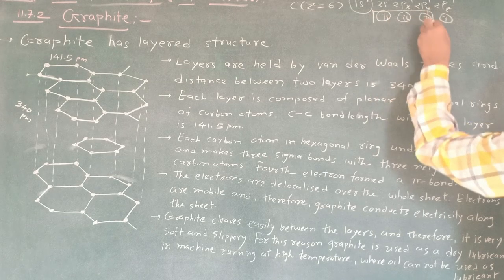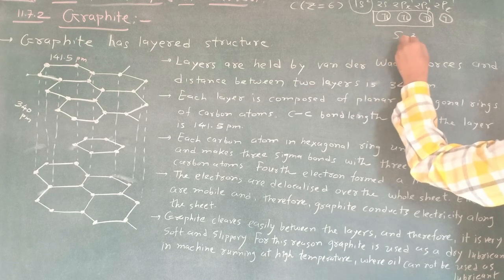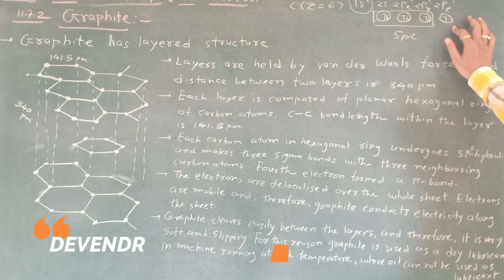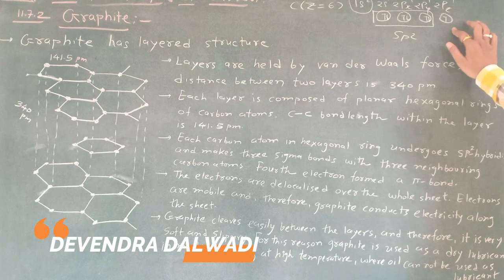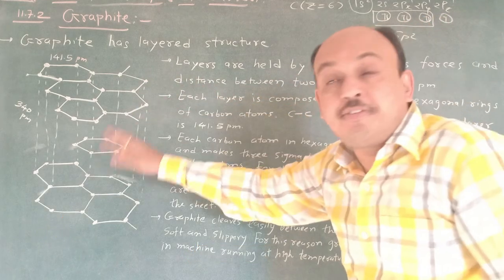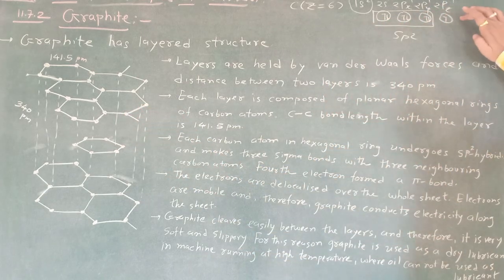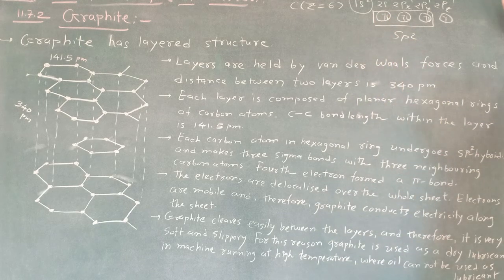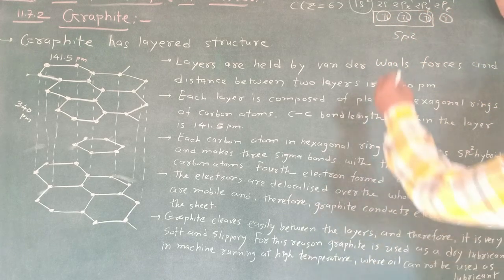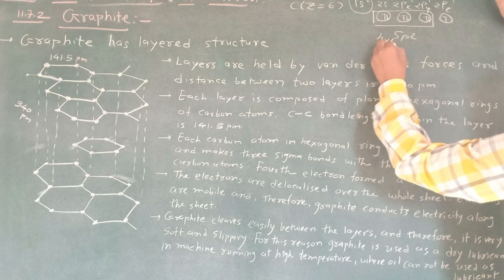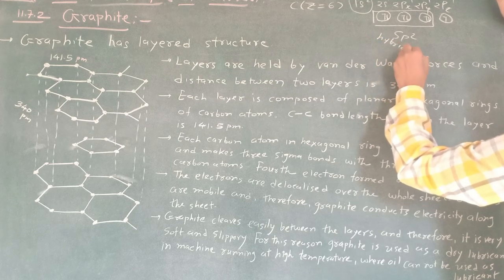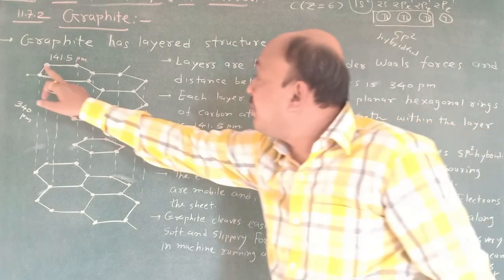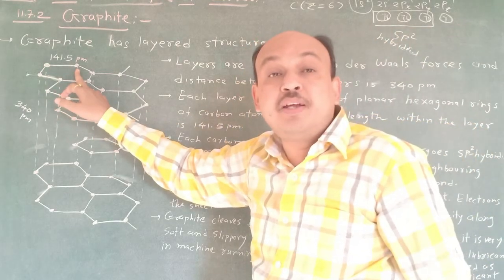That's why this is 1, 2 and 3. And that's why the hybridization is which one? sp2 hybridization. And this is considered a non-bonding electron, which is considered to form between 2 layers. They form a pi bond. Okay, so it's a very easy topic. sp2 hybridized. This orbital is considered as sp2. This is sp2, and this is also an sp2 hybridized orbital. And that's why we can say that here the bond length between this carbon and this carbon is 141.5.